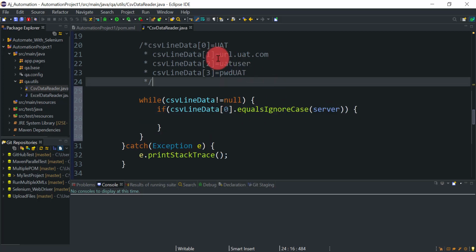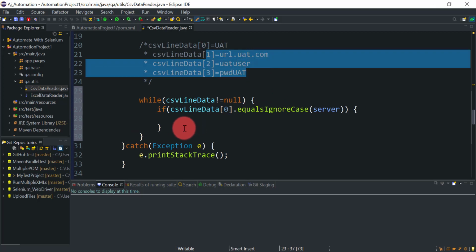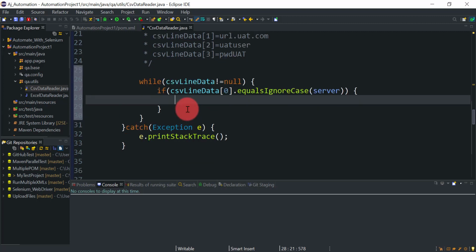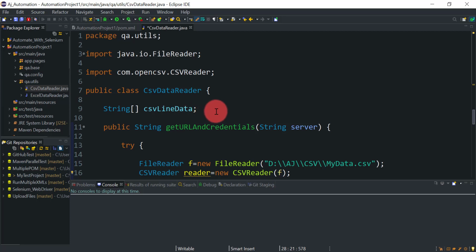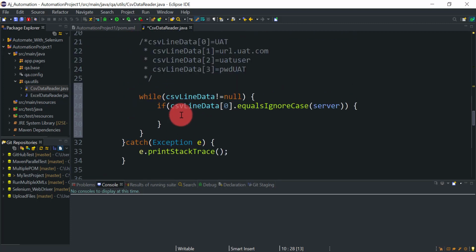If it matches our server name, we want all these 3 values: the URL, username, and password. We can store these values in another array, or you can use an array list as well. Let me declare one more array here, string array serverDetails. We are going to store our values in this array.